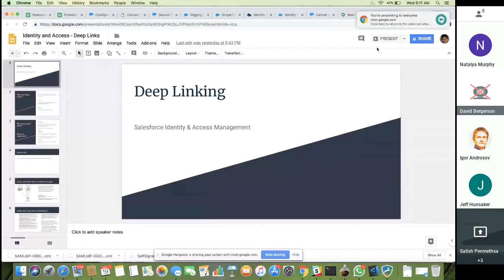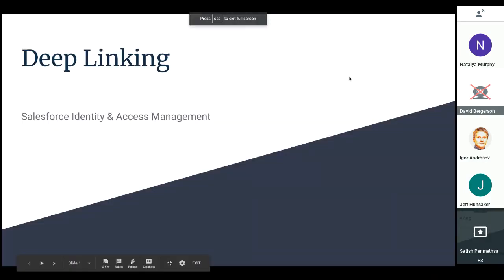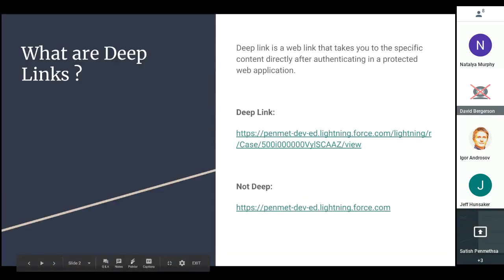So you should be able to see my screen. Deep linking was my topic. It's fairly simple, and I think I'll touch upon a few things. Obviously, a lot of us already know what these are from our experience with websites and links. But once web applications became pretty prevalent, and obviously secure web applications became very prevalent,